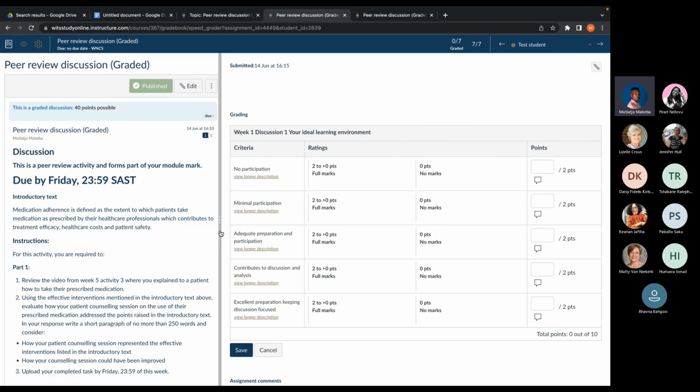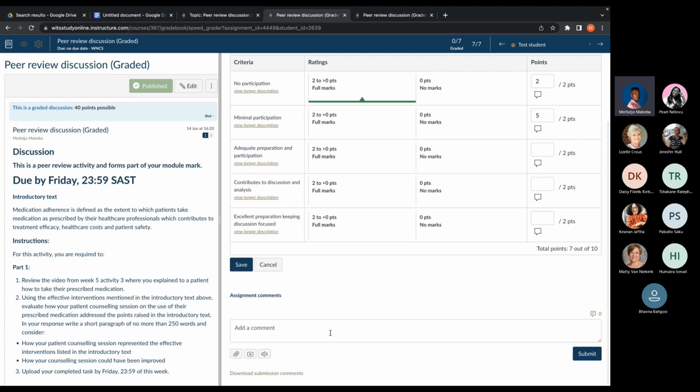Let's say one of the peers had said no, the rating that they recommend is 50 out of 100. As the lecturer, you will have the option to view what that other student had said. This student, for example, was rated 2 out of 2, but you have the option to still say, you know what, it's not fair that the student should get 2, maybe they should get 4, or maybe they should get 0. Then you can adjust the rating, leave a comment, and then save,